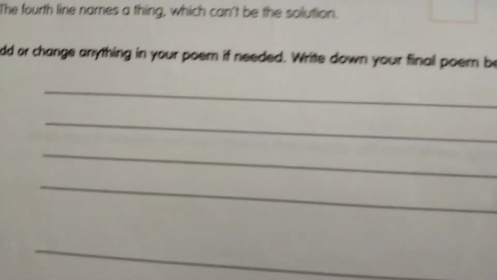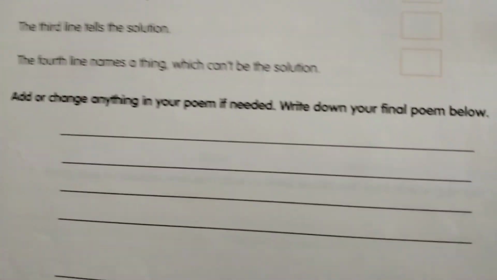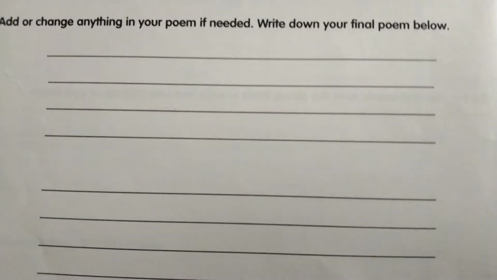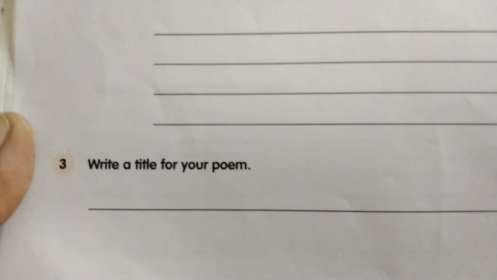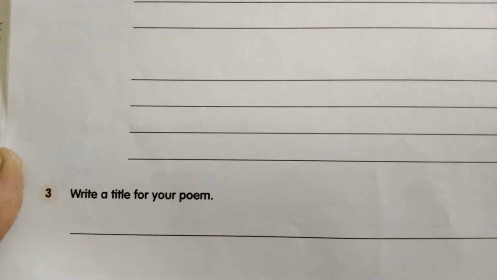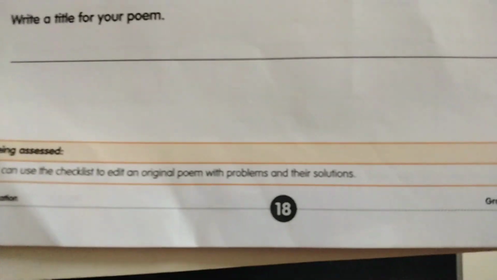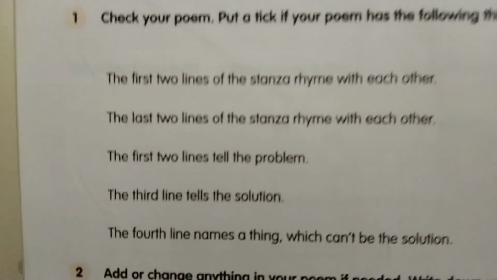Write down your final poem below. If no changes are required, there is no need to write that poem again. If you want, you can write some new poem also. And write a title for your poem. So the third question, you want to write the title of the poem which you had written on your own. Now try to complete your workbook page number 18, S4,